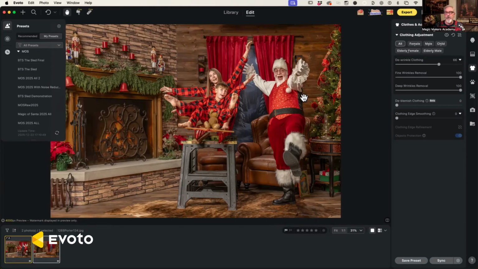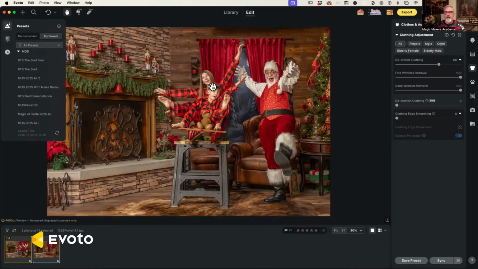That is how I use Evoto in my business for Santa. It's important to remember, we run every image through Evoto, whether they purchased it or not, before it goes into in-person sales. Then when I go to editing, I've already ran it through Evoto, so I don't have to do this process here because I've already got that image ran through Evoto, right? So now we've got a great clean image. Evoto has done its job. It made my sale bigger by showing all of those edited images, or what I call the basic edits to